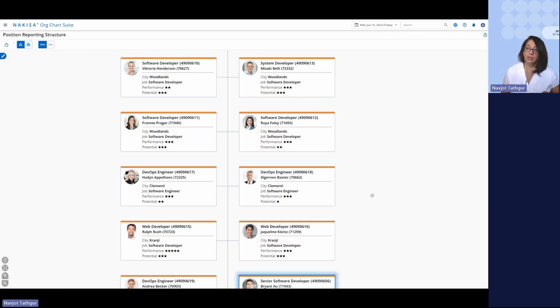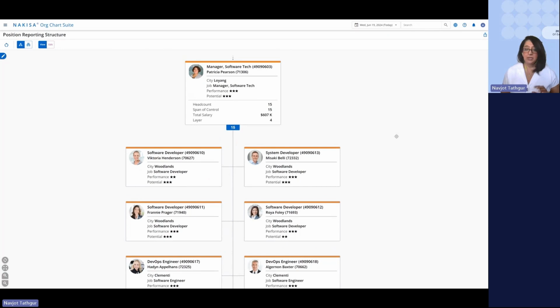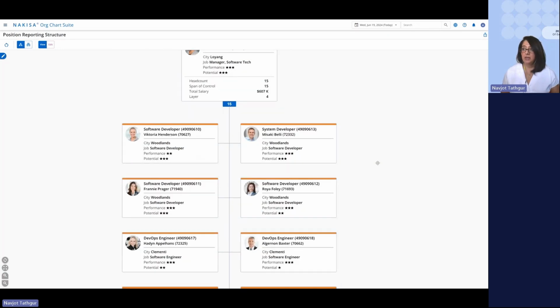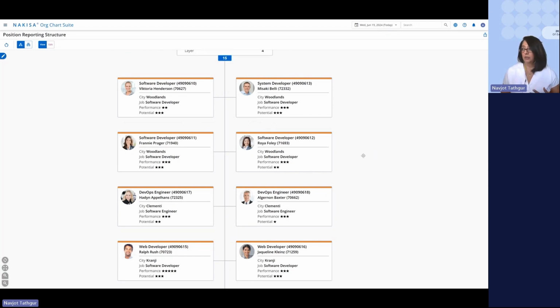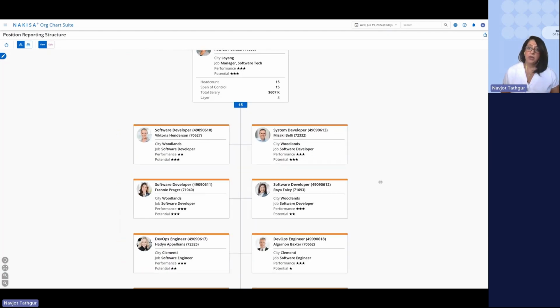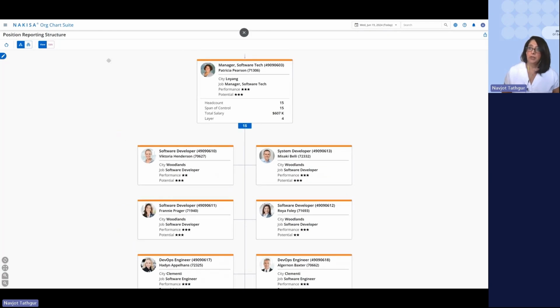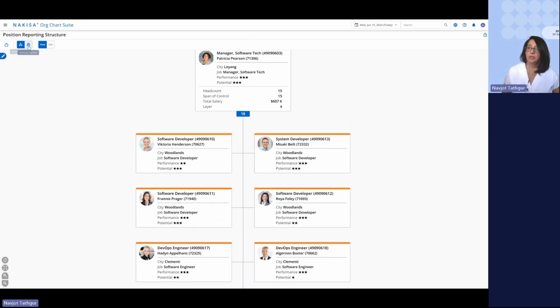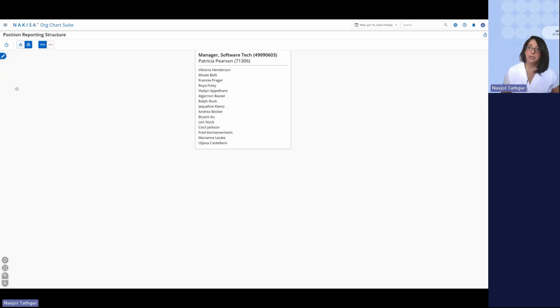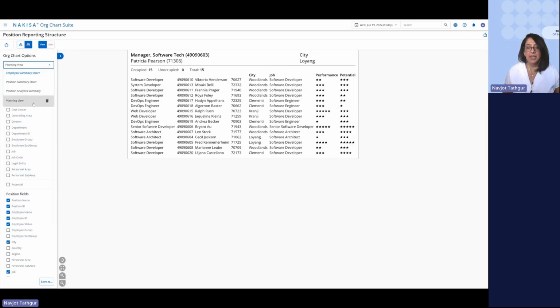So with a few clicks, you can see how dynamically easy it was for me to populate this data. And you can add as much or as little data as you need, depending on what it is you're trying to do at that time. I'm going to switch over to the summary view just because there's a ton of boxes here, and I want to be able to easily see that organization in a better view. What the summary view does is it takes all of those boxes and consolidates them into a view that's much more